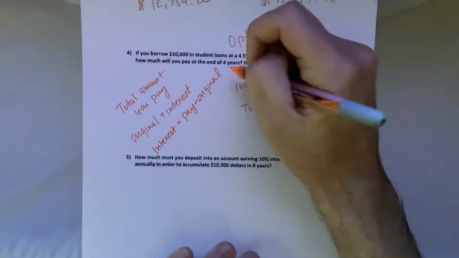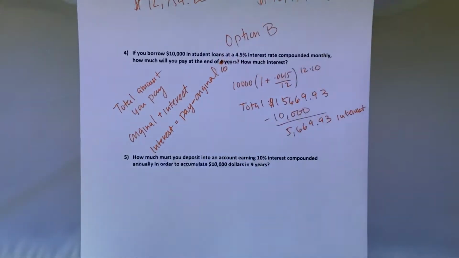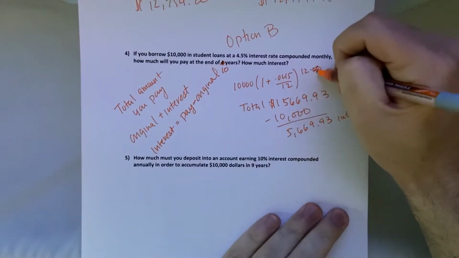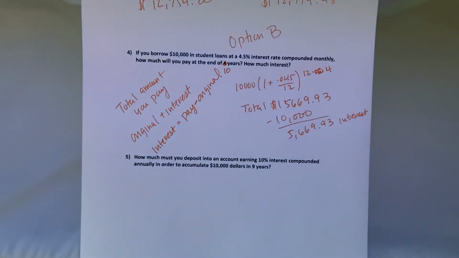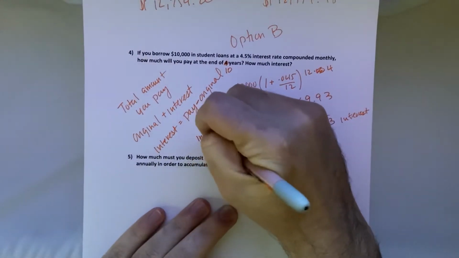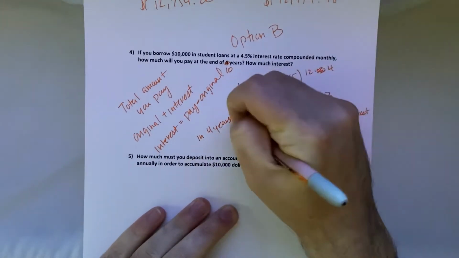Okay, so let's pretend that we did it in 10 years. So if you keep your loans for 10 years, this is how much you borrow. If you do it for 4 years, it's 4 here instead. Because most people don't actually pay off their loans in 4 years, because you're usually just getting out of college in 4 years. But if you did it in 4 years and you want to calculate to make sure the answer will be up, I'll do the problem on the key. And I can tell you what it is here. In 4 years, it would just be